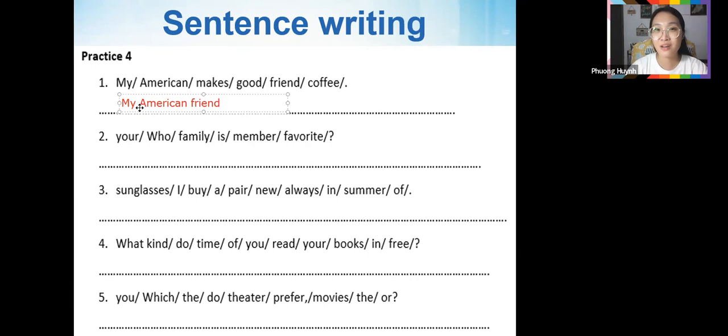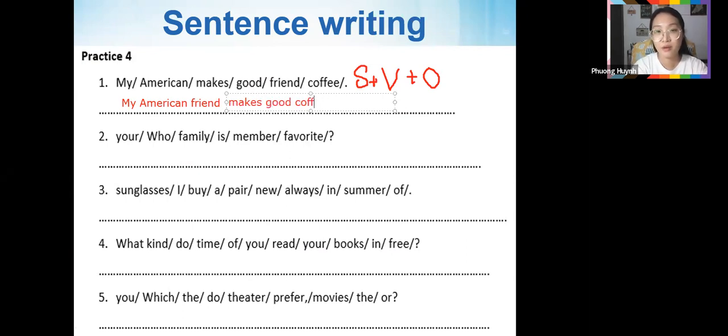Nguyên tắc là mình sẽ có chủ ngữ nè, có động từ, rồi có tân ngữ ha. SVO á, bạn nhớ cái công thức của một câu hoàn chỉnh thì mình có S là chủ ngữ nè, V là verb nè, rồi cộng với O là tân ngữ. Rồi, sorry, để cô viết tiếp. Rồi my American friend makes good